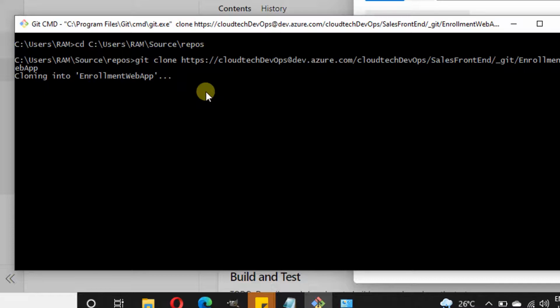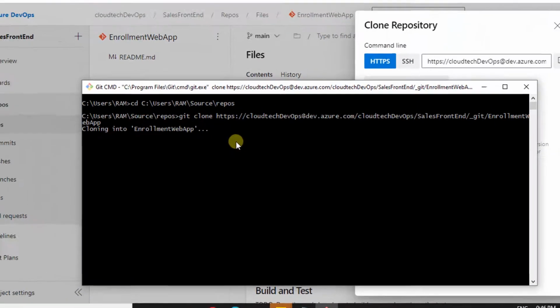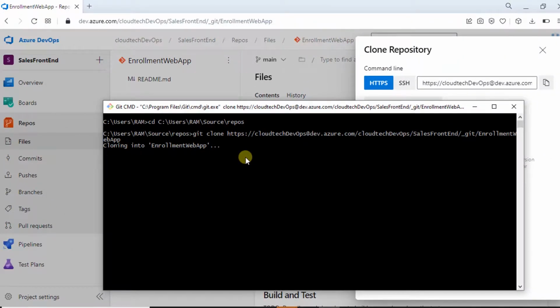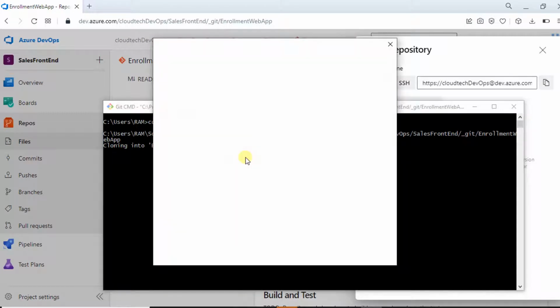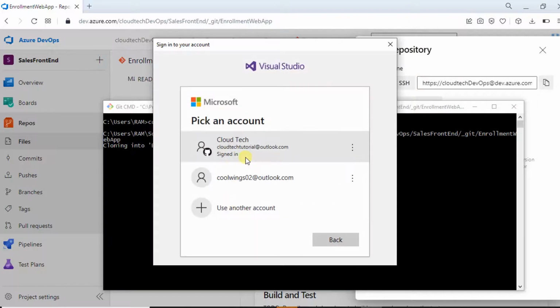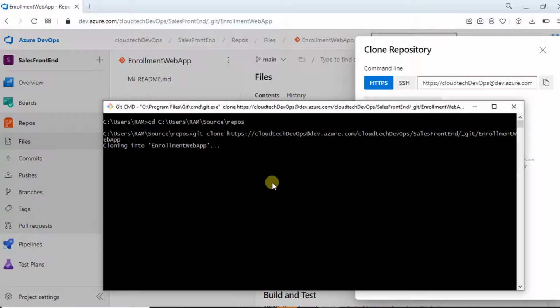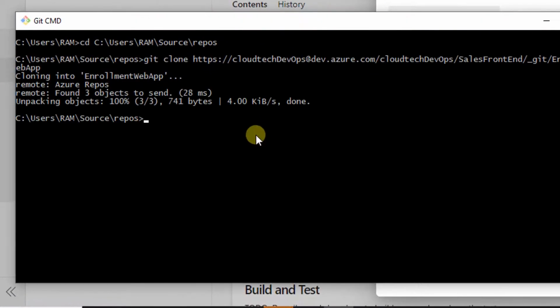If you have access, it will clone automatically, or else it will throw up a pop-up to authenticate. So let's see. Yeah, now you need to authenticate yourself. Provide the Microsoft account that you have provided for Azure DevOps. So I'm going to pick the same one. Once authentication is done, it will clone it.